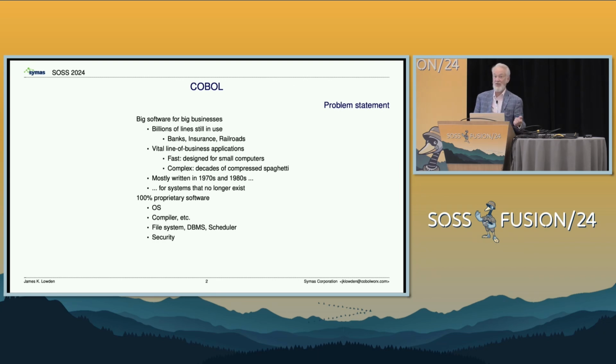And that's a good thing because the systems they're running on today don't exist. The systems they're running on today are emulations of hardware that IBM hasn't made for 30 years. They're efficient because they had to be, because they were very small machines they were running on at the time. By today's standards, there's no problem in running this software.